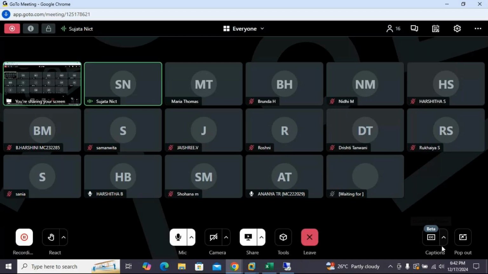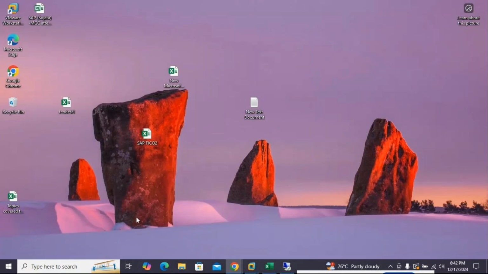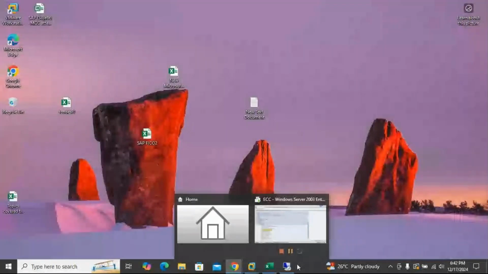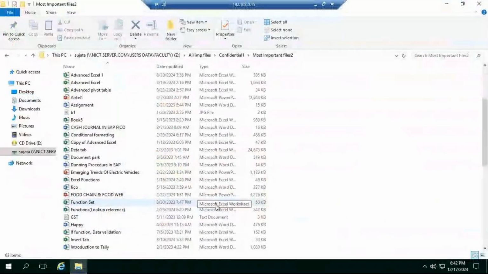Let's start with the T codes. Transaction code wise, how to use transaction codes in the SAP software. I'm going to show you that. Yesterday I could not get time. Today I am going to start. Let's start with the transaction codes.